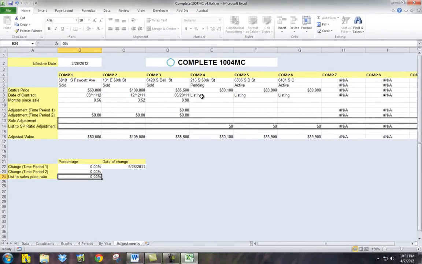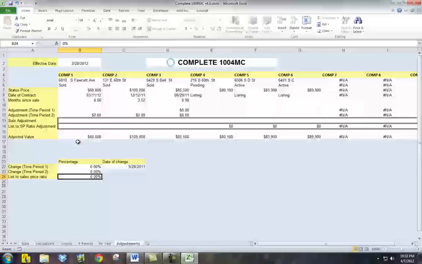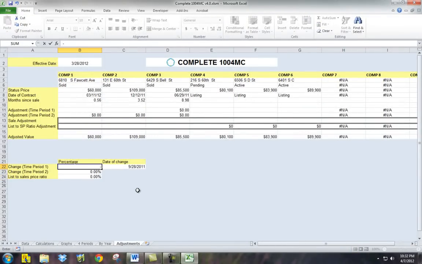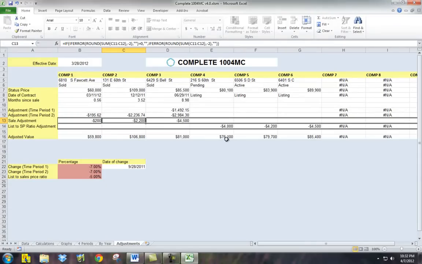As you can see, we got a pending here. It was a listing. We got some active listings and our solds. And we can say over the last year, it's been declining at 7%, and we have a 5% list to sales price ratio. We've got our list to sales price ratio adjustments here. We've got our sales adjustments or our time adjustments for our sales based on our choices for change in the market over the last year. And the reason why I have 2 is because I have a date of change option